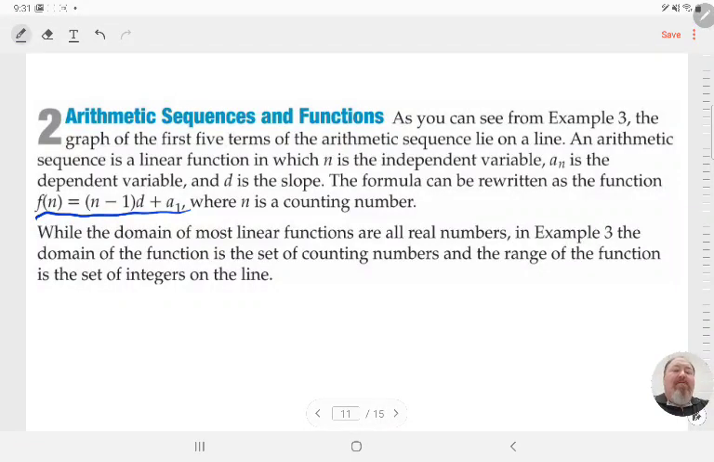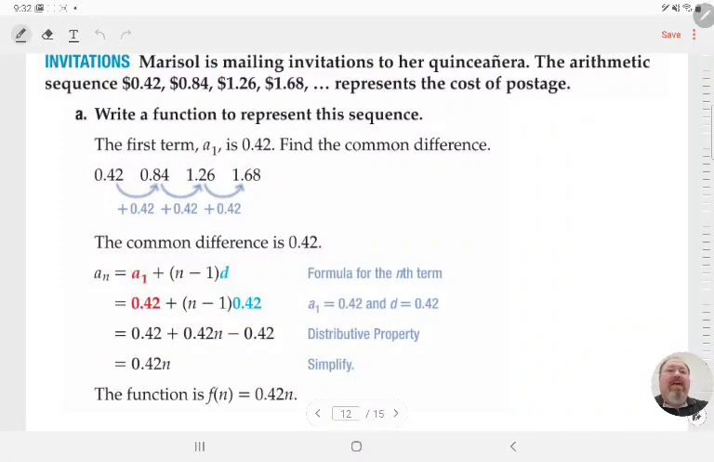While the domain of most linear functions is all real numbers, in the example we just did, the domain of the function is the set of counting numbers, and the range of the function is the set of integers on the line. So for example,